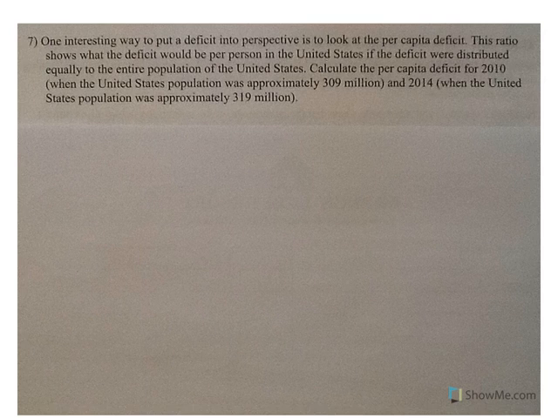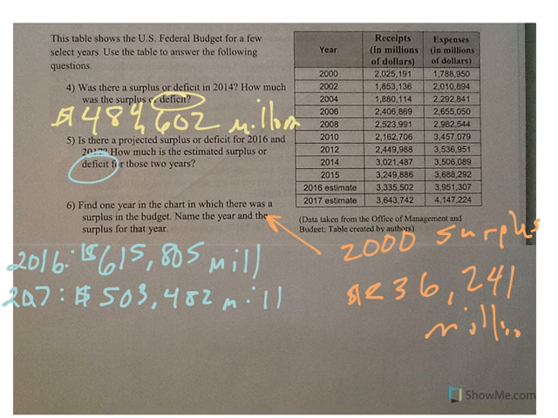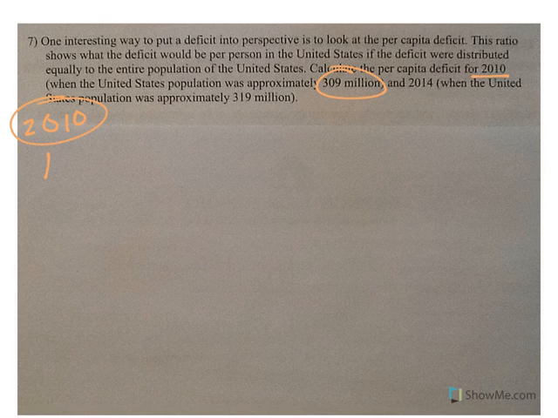if we wanted to wipe out the deficit together. So first we're going to figure out 2010, where the population was 309 million. We've got to figure out the deficit per capita. The first thing to do is figure out the deficit, so we subtract these two numbers to find the deficit for 2010. When I subtract the biggest number minus the smallest, I get a deficit of